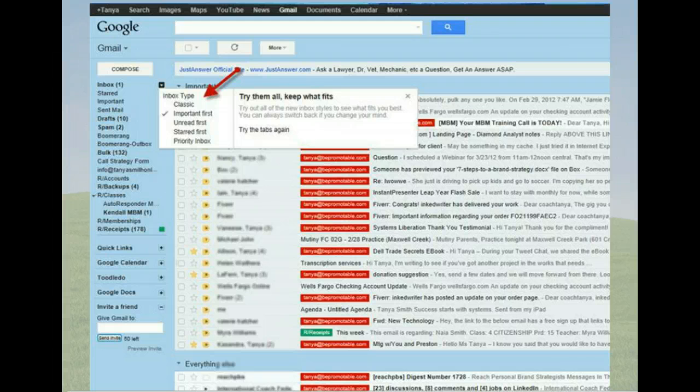You can change what you think is important, but initially Google will find what it thinks is important based on the way you're interacting with your email box. What you do is tell it, no, that's not important, yes, this one is important. And the more frequently you do that, the more it will learn your pattern. Pretty awesome, huh?